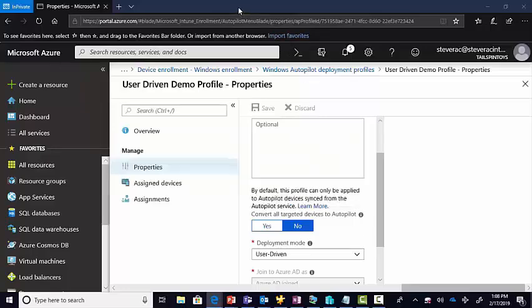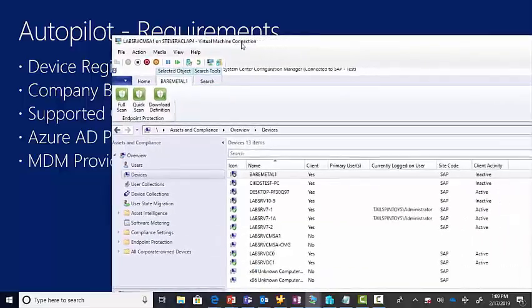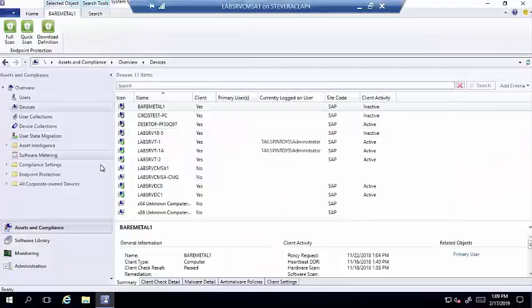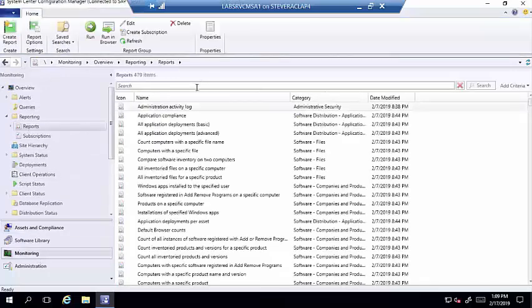Well, just like there's an option here in Autopilot to be able to do these kinds of things, there's also an option in ConfigMgr. Let me pull ConfigMgr in. Now, ConfigMgr is a little bit different than Autopilot. It's not quite as much of a streamlined thing, but it is nice to be able to grab this. And so specifically, if we go under monitoring, and look at reports, and then look at Autopilot, there is a